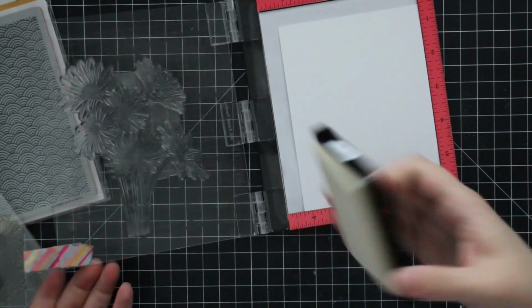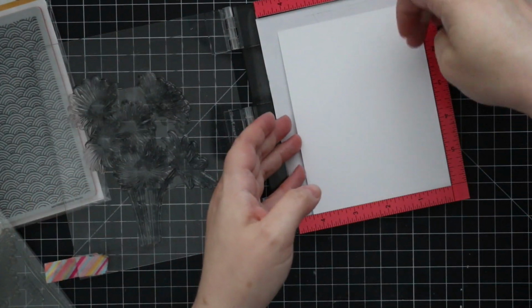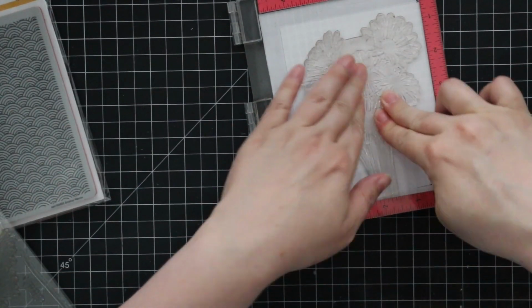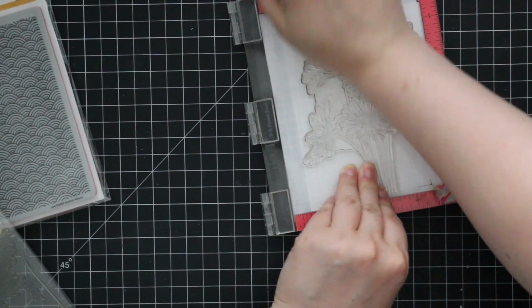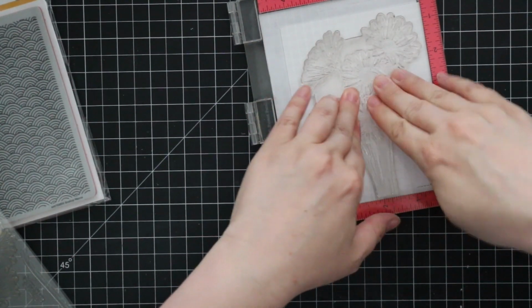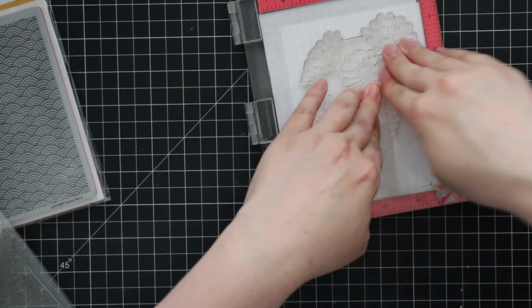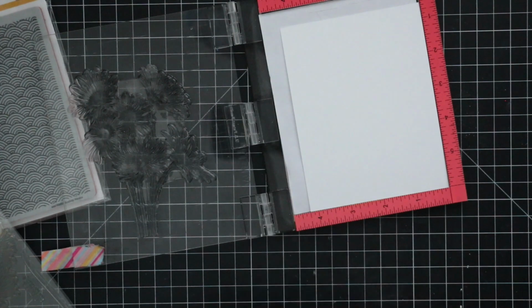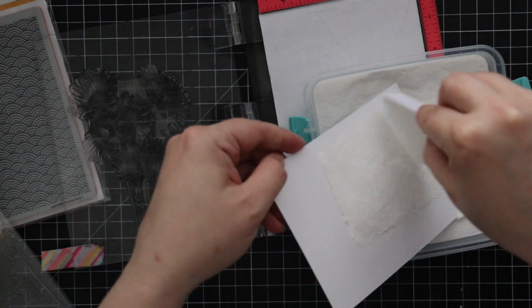So I am white heat embossing this great big bouquet onto distressed watercolor paper, onto the smooth side of watercolor paper. And these are the pre-cut 4 1/4 by 5.5 inch pieces. So you can see just how big this stamp is. Like, it's huge. It covers like an entire card. So I use my anti-static powder tool, and I'm trying to make a point of using the Tonic fan brush,